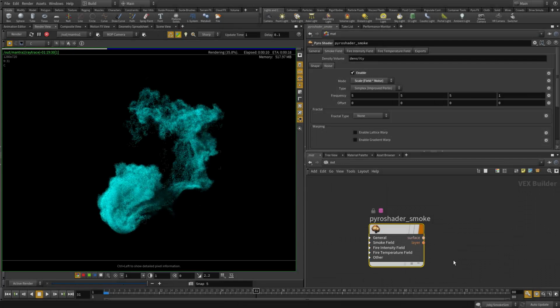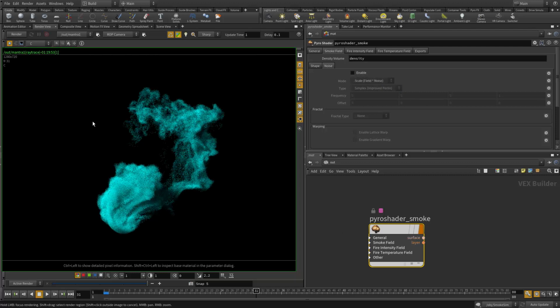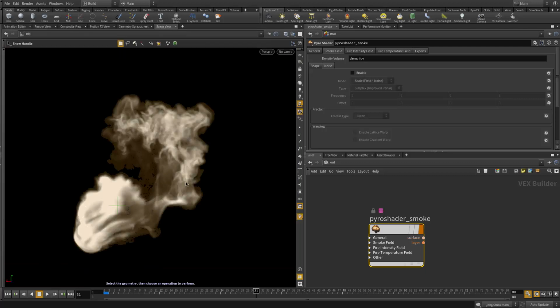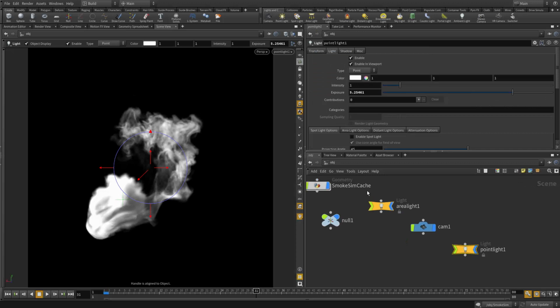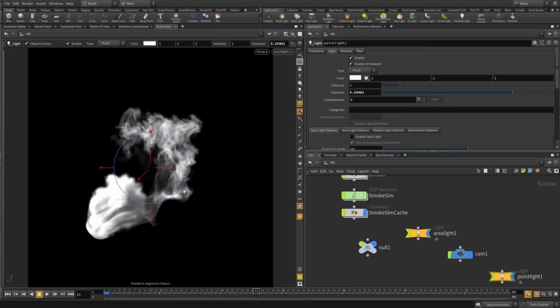Alright guys, welcome back. So after a few tweaks to the smoke, it's basically ready to go, but I'm gonna give it just a little bit more interesting feature here. Let me turn off the noise because it's just gonna slow down the system for now, and maybe disable that. I'm gonna go to the scene view, hold down Control and create a point light. And for this point light, I'm gonna make it follow the